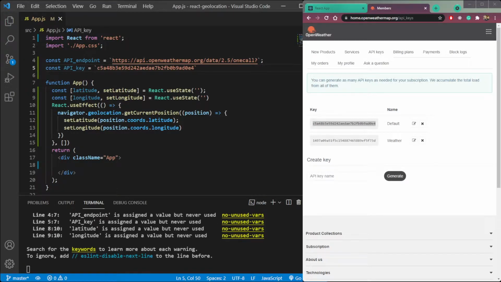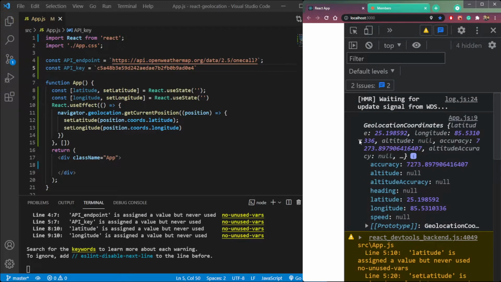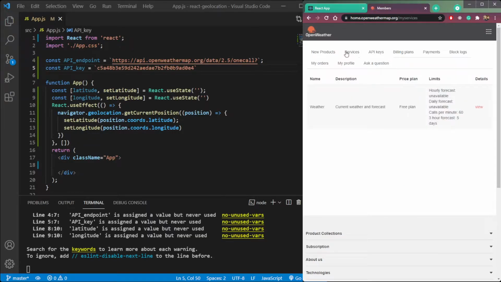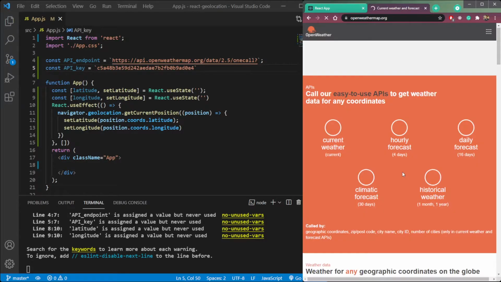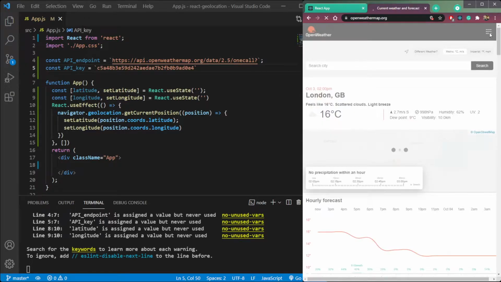Then we need to use this API endpoint. So click open weather. Okay, where is it? So we need the One Call API.